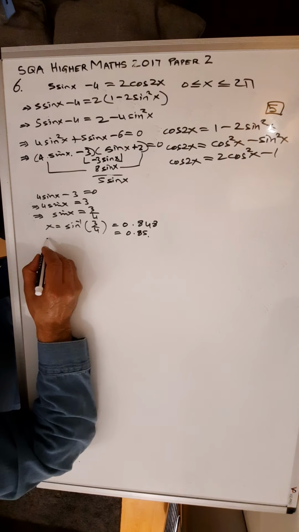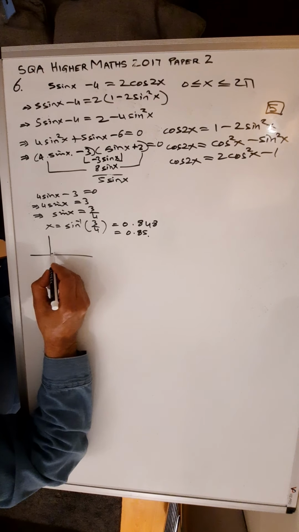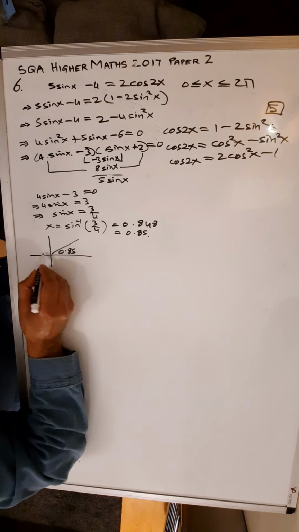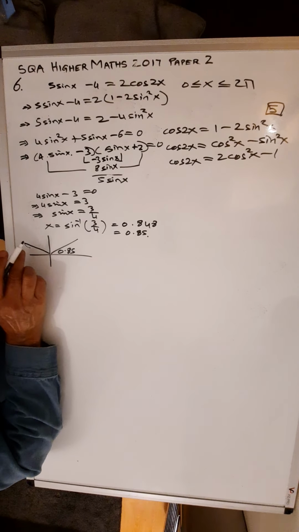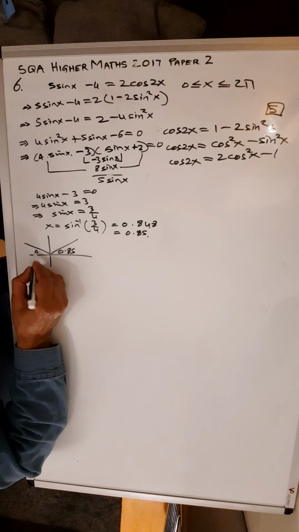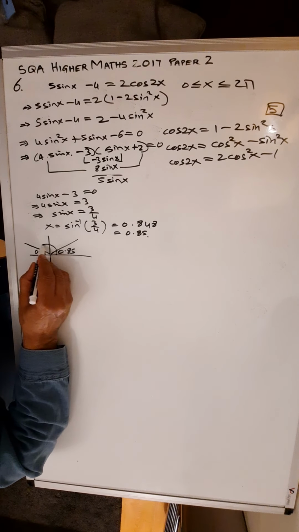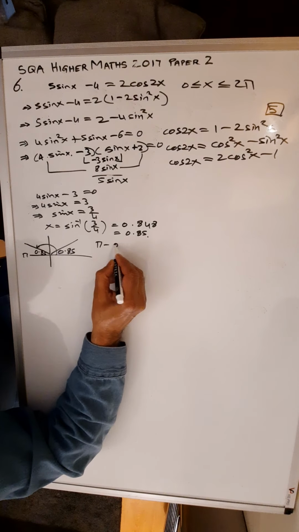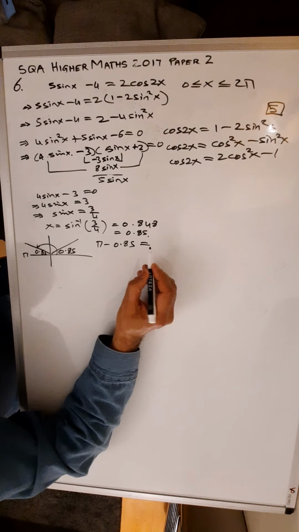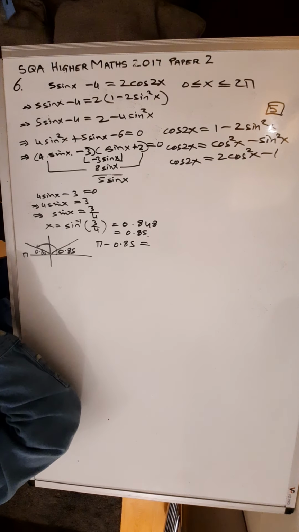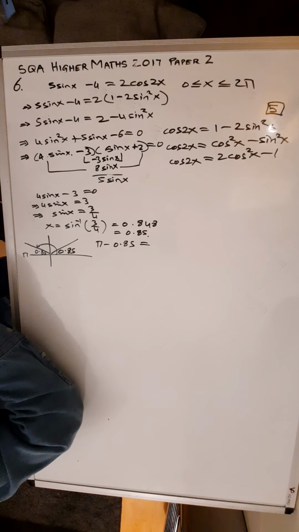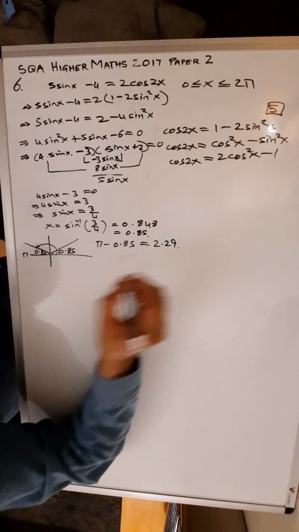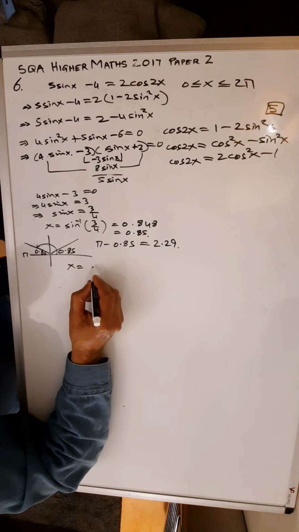And then the other x value you're going to have, because sine is positive in the first quadrant, 0.85 would be there. 0.85 is also going to be here. So this would be pi minus 0.85. That's your second value. So that gives you 2.29. That's your two values. So x is equal to 0.85